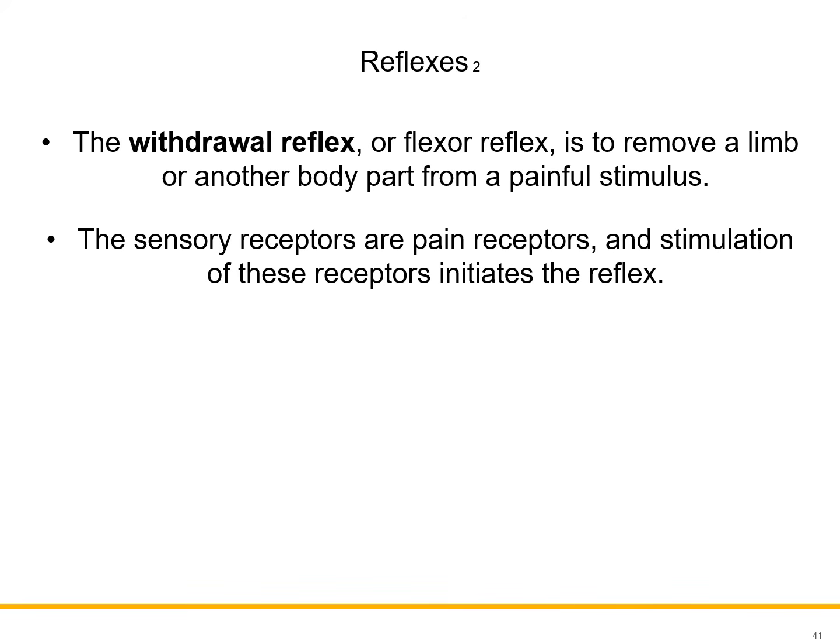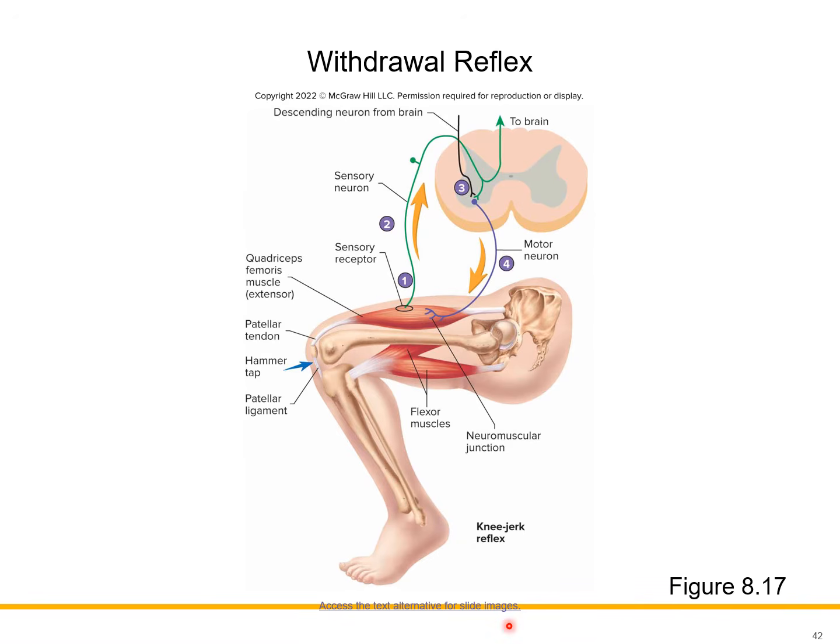Next is the withdrawal reflex, also called the flexor reflex. It's to quickly remove a limb away from a painful or shocking stimulus. So, may nahawakan kang basa sa table mo, you'll move your hand away. Napaso ka habang nagluluto, you'll move your hand away even quicker. Alright, so these are examples of withdrawal reflex. You literally withdraw a body part away from the source of stimulus. This illustration shows us how a withdrawal reflex would work in relation to the reflex arc that we just talked about earlier.